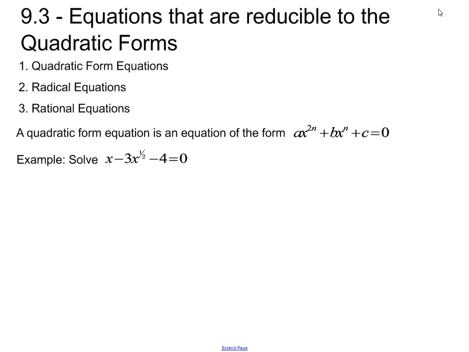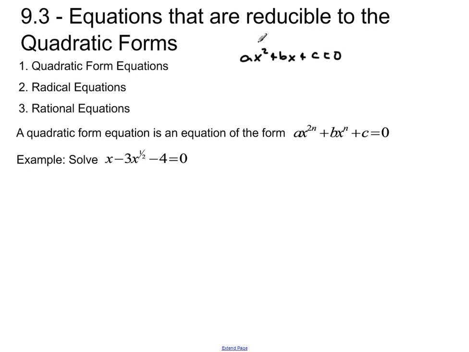Okay, hello everybody. We're going to talk about section 9.3 now. The subject here is equations that we can reduce to quadratic forms. And when we talk about quadratic forms, of course, we know that the quadratic form of an equation, ax squared plus bx plus c equals 0,